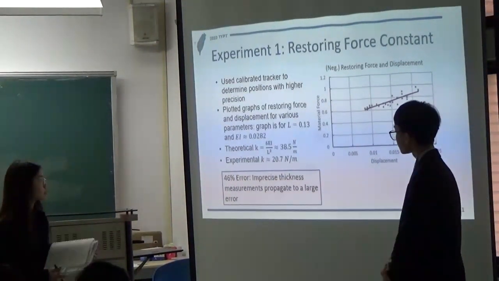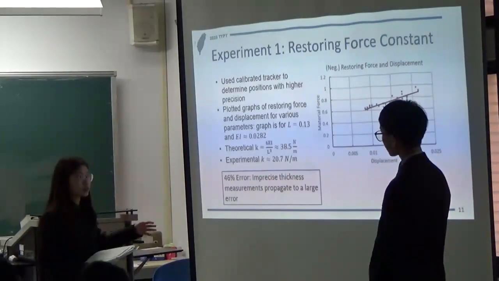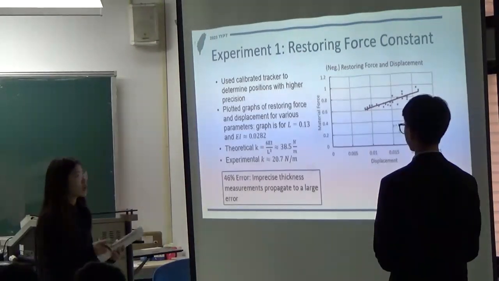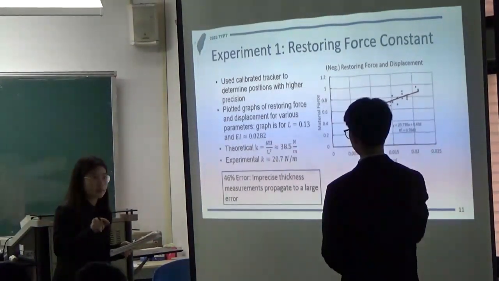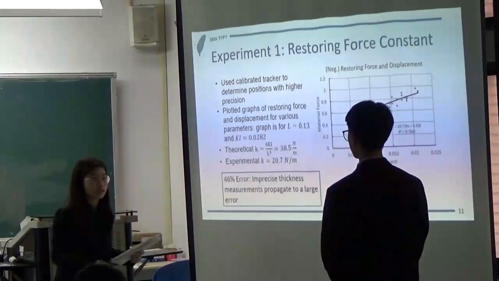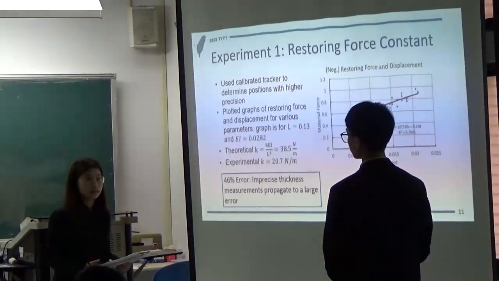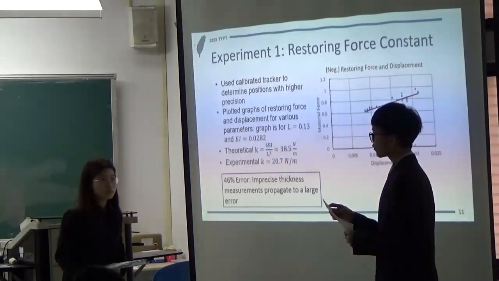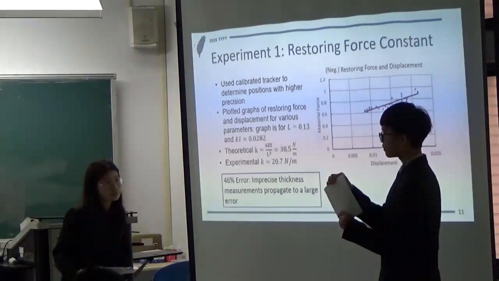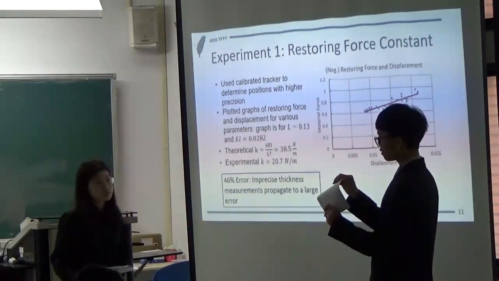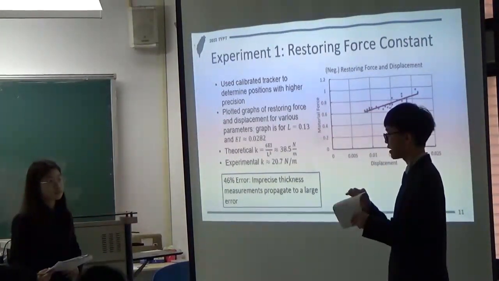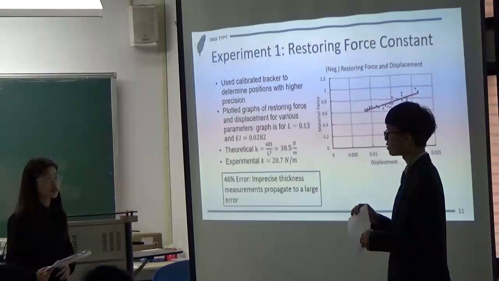So the whole point of this is we're saying that there is a large error, and that is due to when we're trying to find I, which is the areal moment, we have to measure a very, very thin strip, right? If we have to measure something very thin, there would be a lot of error in the experimental calculation. Since you mentioned that the spring is very thin, and you also use metal, do you think that as the experiments progress, it will bend, because metal is easily bent? Being bent wouldn't affect it.